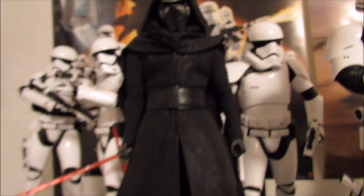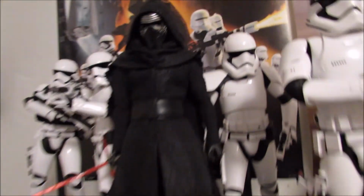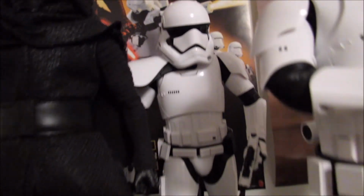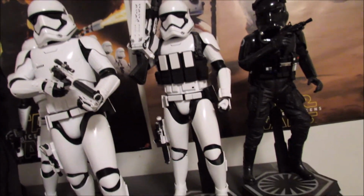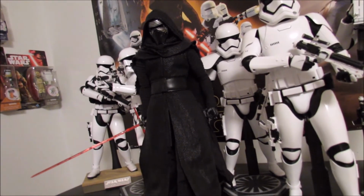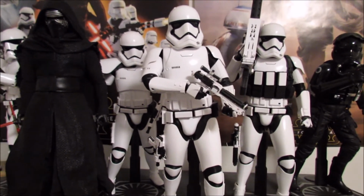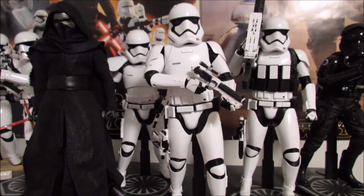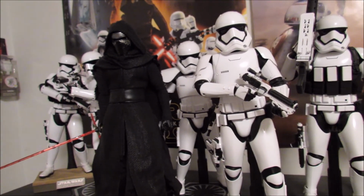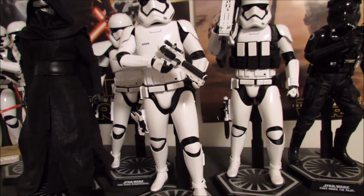You have Kylo Ren, which that figure is just imposing as hell. It looks amazing. Then you got the Squad Leader, which I love. Then you have just another regular Trooper and the Heavy Gunner. So I didn't get the Officer, I didn't get the Flame Trooper, and I didn't get the Snow Troopers. They're still really easy to get a hold of, so I probably will eventually when I find them on a good enough sale. So yeah, just when they've been on sale, that's when I've wanted